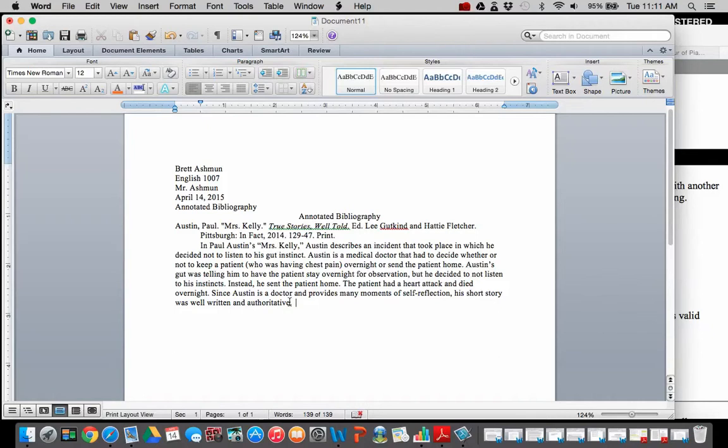So for me, the point of writing this annotated bib is to help you guys and guide you through writing this assignment. For Paul Austin, since you guys have read it, you probably have some ideas of why he wrote it. Since I'm writing this bib, I have to decide why I believe he wrote it. So something to the effect in this area could be